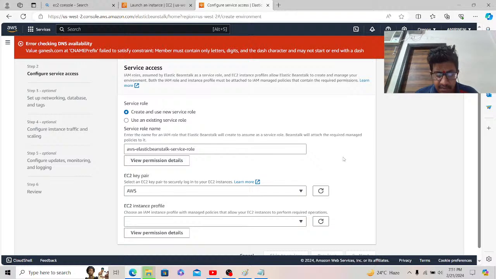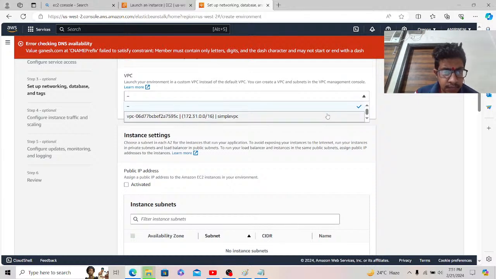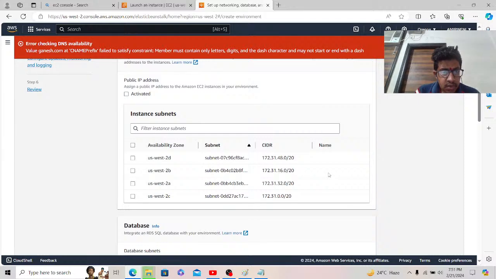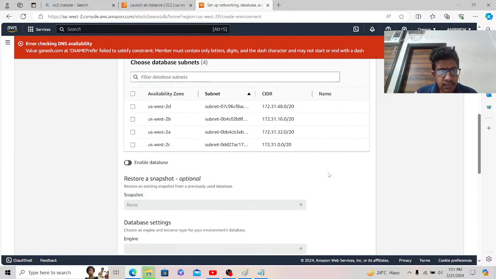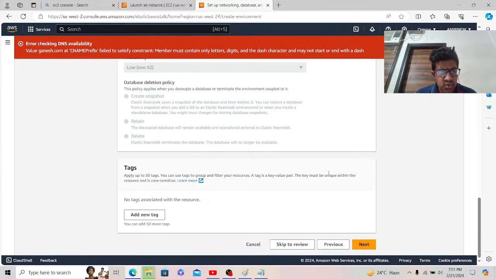You can create an IAM role or not assign it. I have not created an IAM role. Okay. Availability zones. This is availability zones. Next,